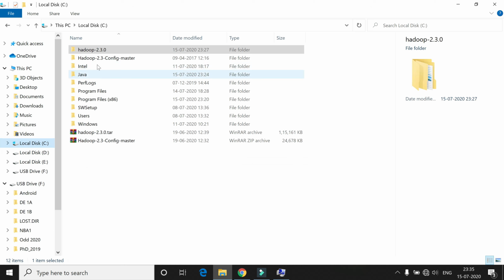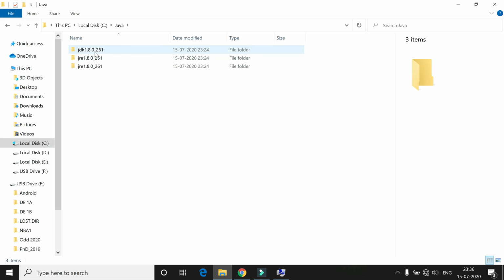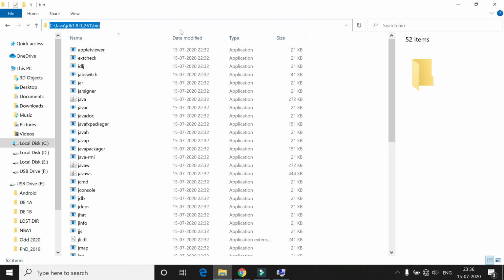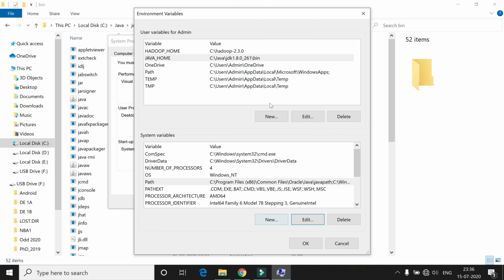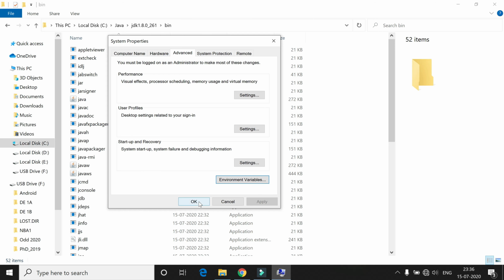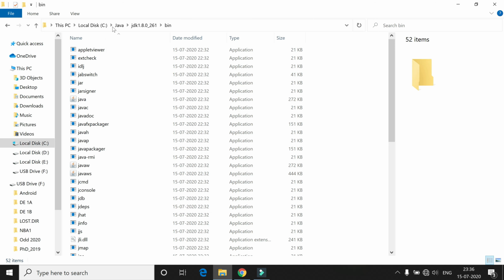So here C Java JDK bin, copy the whole path and paste it here. So the setting in the environment variables is over. Now click on OK and then once again OK.